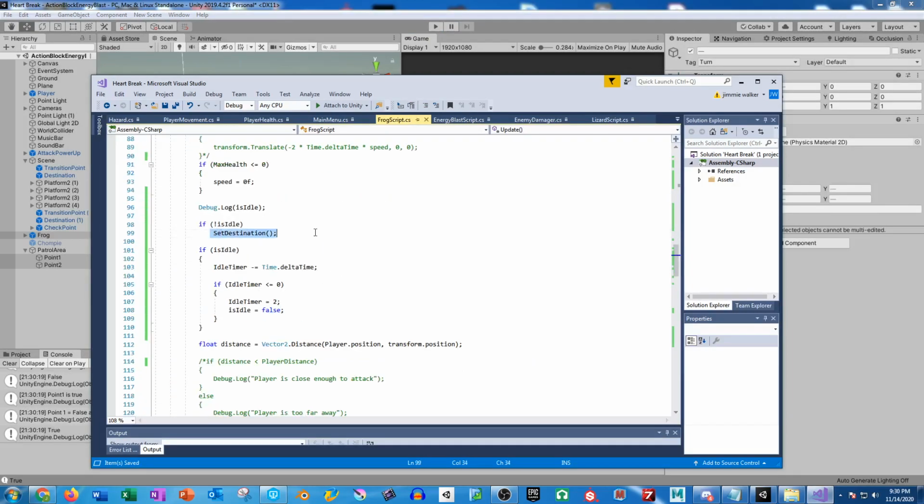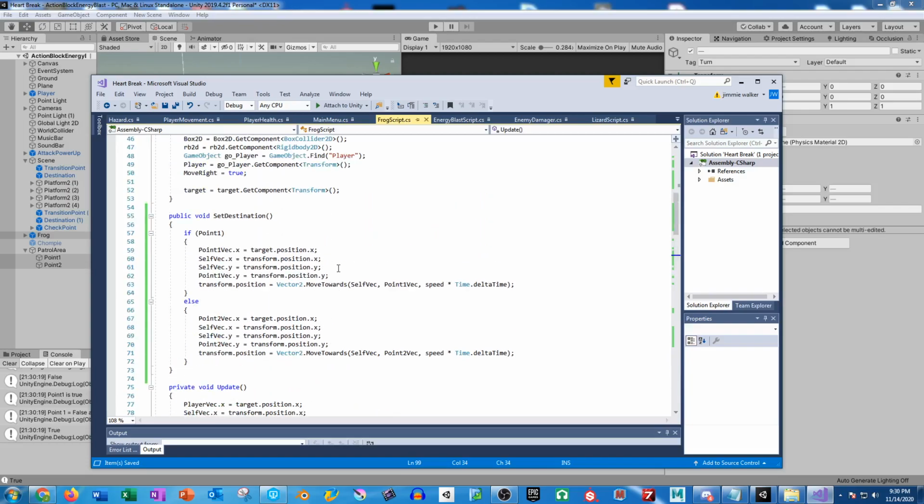And we're saying if he's not idle, we need to set his destination. Set destination will move towards point 1 if point 1 is true. Otherwise, it'll move towards point 2. So,